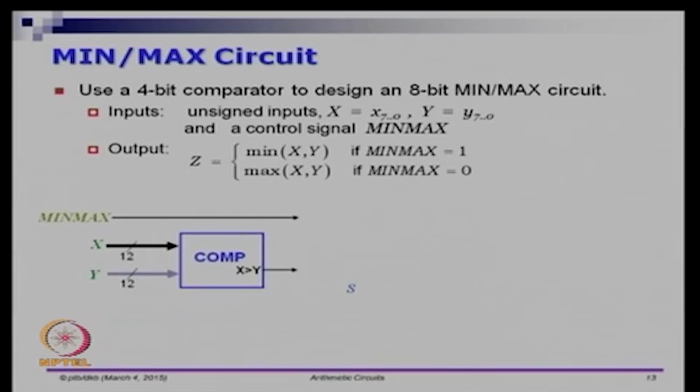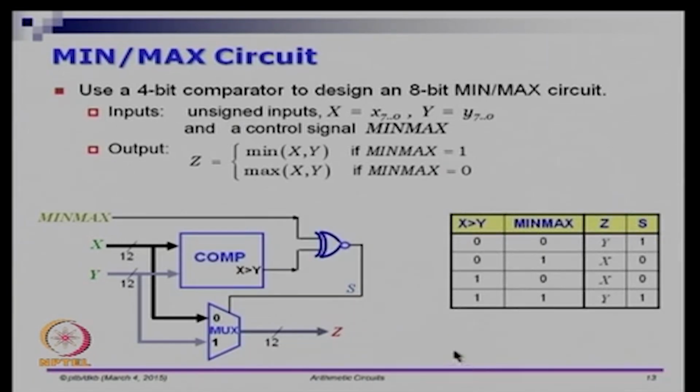So to design a circuit like this, you could do this. Min-max is a control input. I give x and y together to a comparator, and I get a single bit called x greater than y. So if x is greater than y, this is 1, and if either x is equal to y or x is less than y, let us say this is a 0. Then I can give both the inputs to a multiplexer. Min-max should either pick x or y, right? Even though it is either minimum or maximum, either way it is either x or y that is going to the output. So I will give that with this